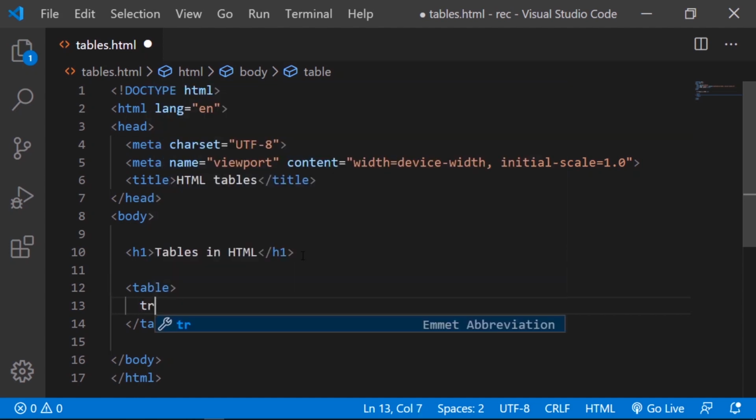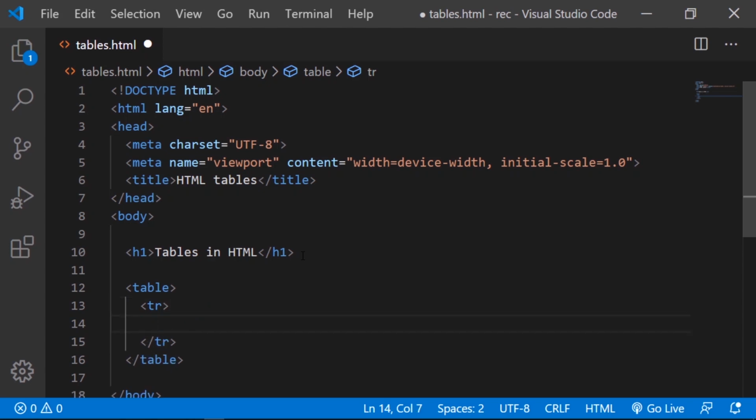Let's see how. TR, this represents table row. Now inside of a table row, we might want multiple data or multiple cells to be included. To add in a data, we write TD, which stands for table data.